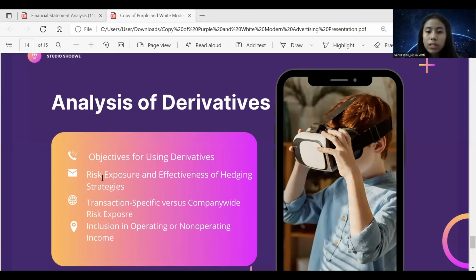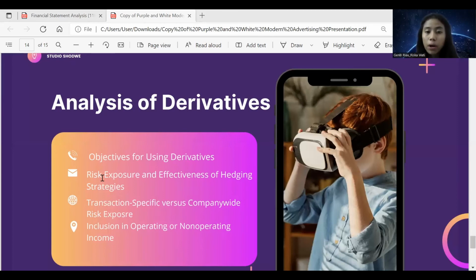The second point is about risk exposure and the objective of the hedging strategy. Once an analyst concludes a company is using derivatives for hedging, the analyst must evaluate the underlying risk for the company, the company's risk management strategy, its hedging activities, and the effectiveness of its hedging operations. And unfortunately, current mandated disclosures do not provide meaningful information to conduct a true analysis.